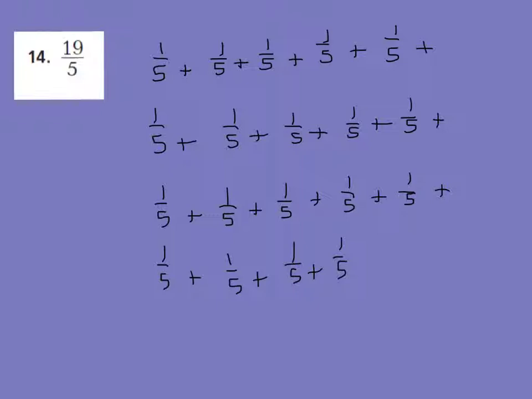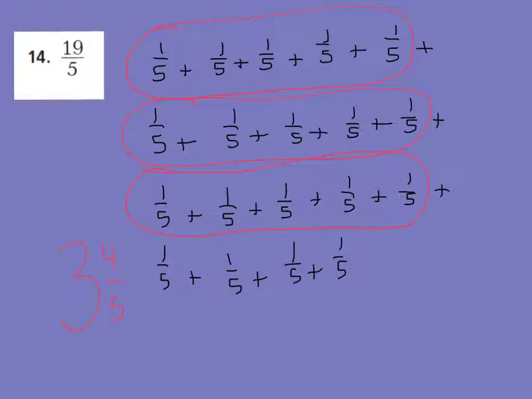Okay, for this one, you should have seen that you have to create a whole to be 5/5. So we need to group 5 of these 1/5. 1, 2, 3, 4, 5. 1, 2, 3, 4, 5. 1/5, 2/5, 3/5, 4/5, 5/5. And I cannot create 5/5 down here. Therefore, my mixed number should be 1 whole, 2 wholes, 3 wholes, and